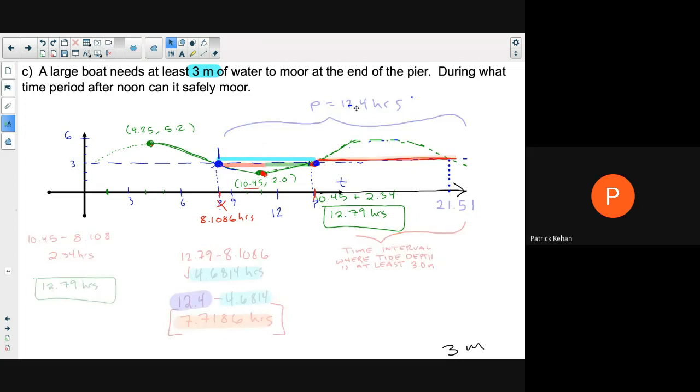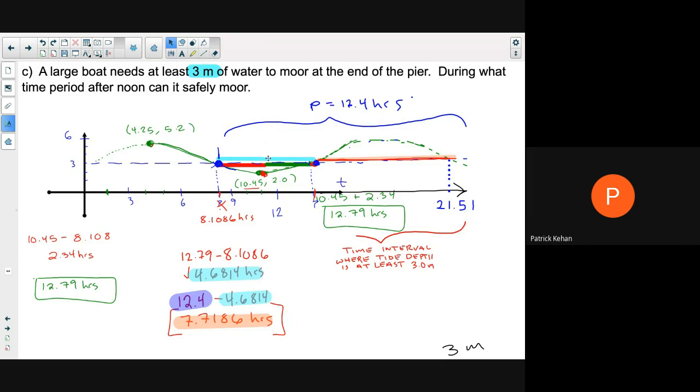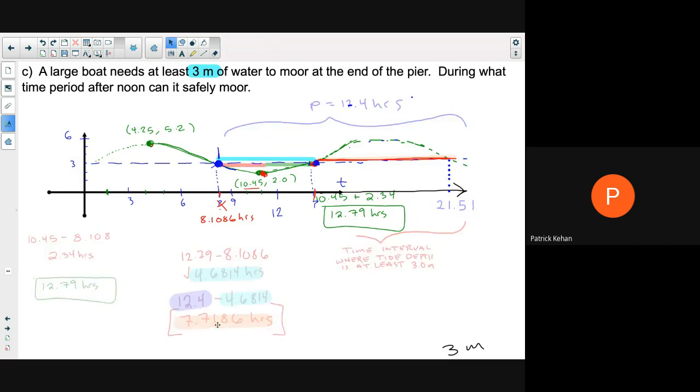So if I know that that is 12.4 hours, and I know this interval of time right here, which is 4.6 hours, I can find this piece of time right here, again, with some more subtraction. So what I'll do is I'm going to take the full period, 12.4 hours, subtract this interval of time, which is 4.6 hours from it, and that's going to give me